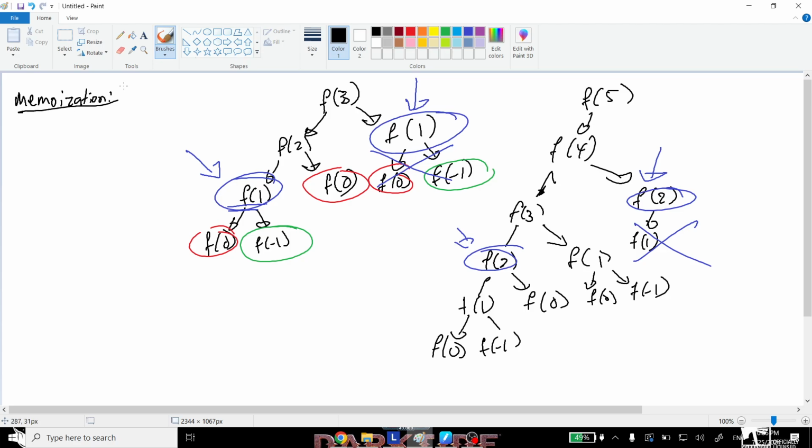What are the steps of memoization? Let me write that down so it's easier for you to follow along. So the first step is,